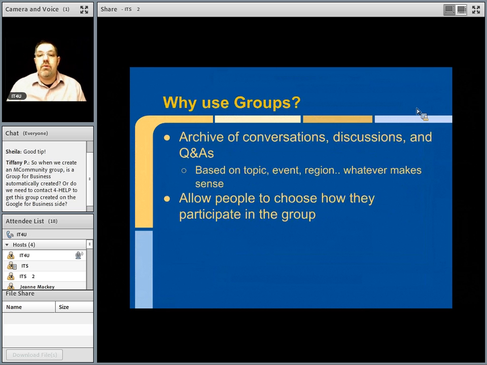So why would you use Groups? Most people want Groups for the conversation archives. So as you have activity in your group,